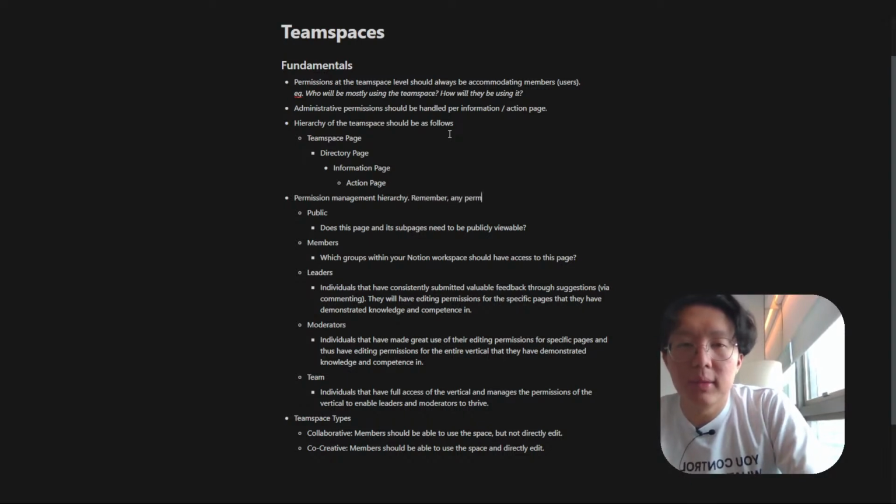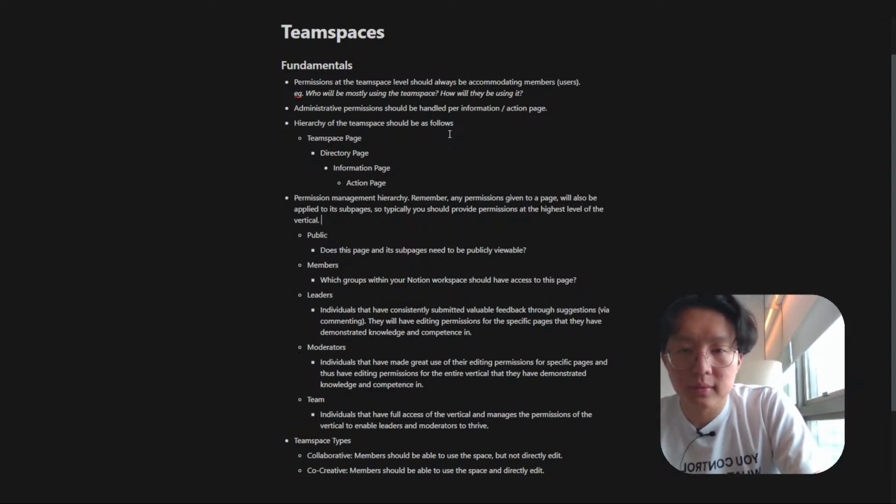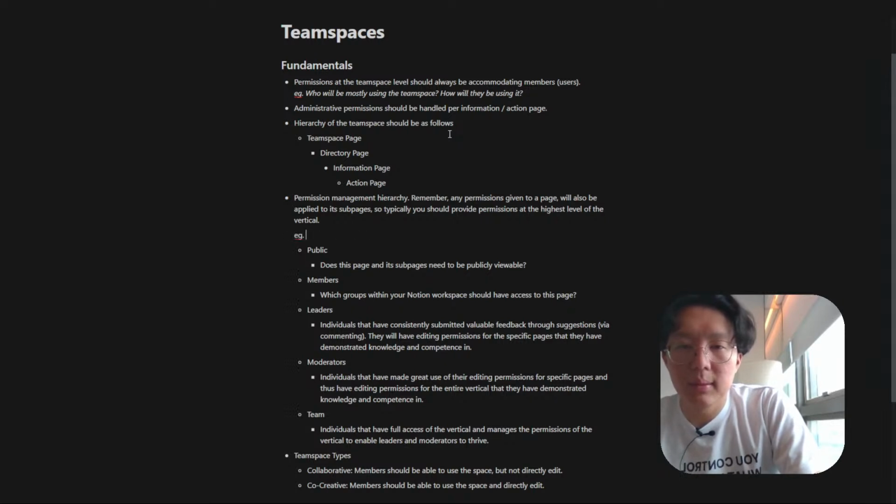Remember, any permissions given to a page will also be applied to its subpages. So typically you should provide permissions at the highest level of the vertical. So the example is